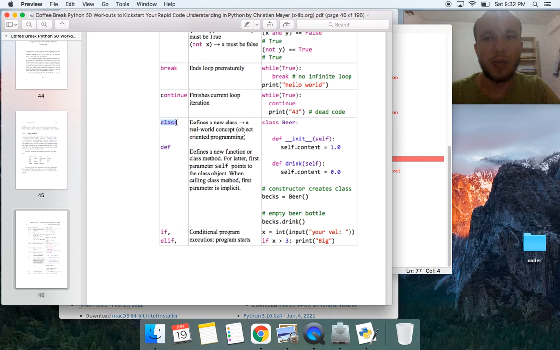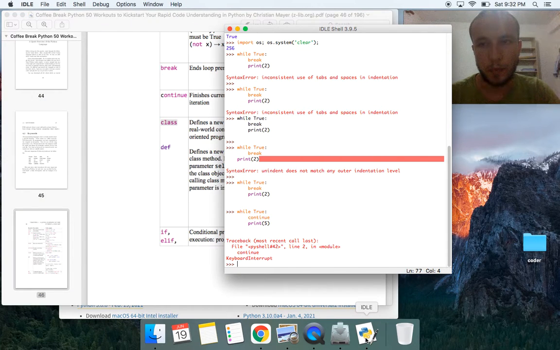The class keyword defines a class. Python is an object-oriented programming language, and we need classes to build the structure of the objects. Classes tell the interpreter how the object behaves. For example, I can have a class called dog,